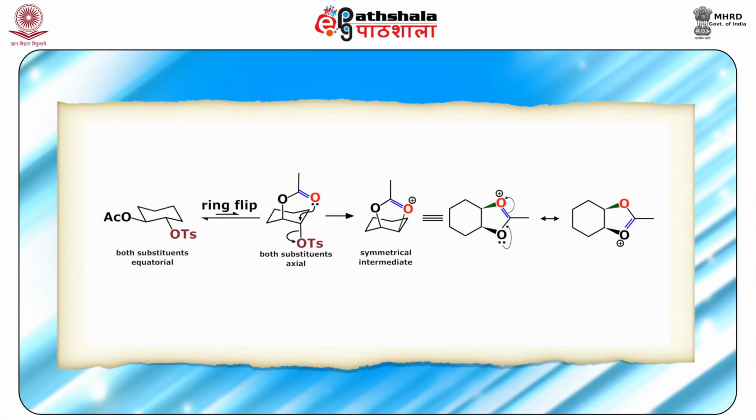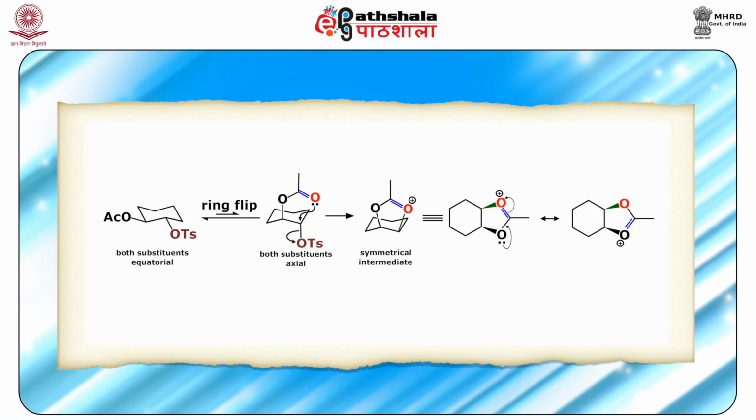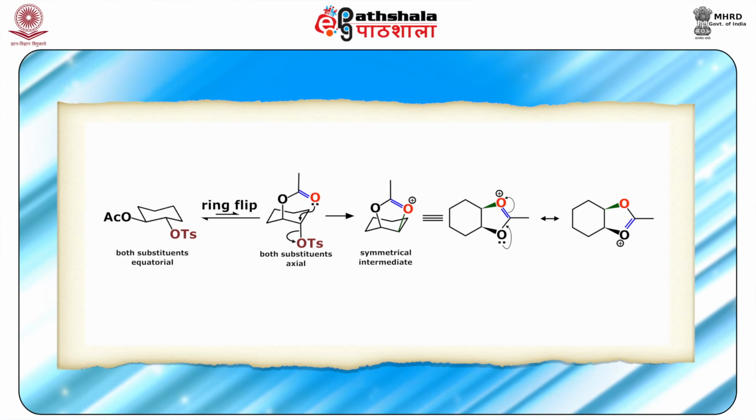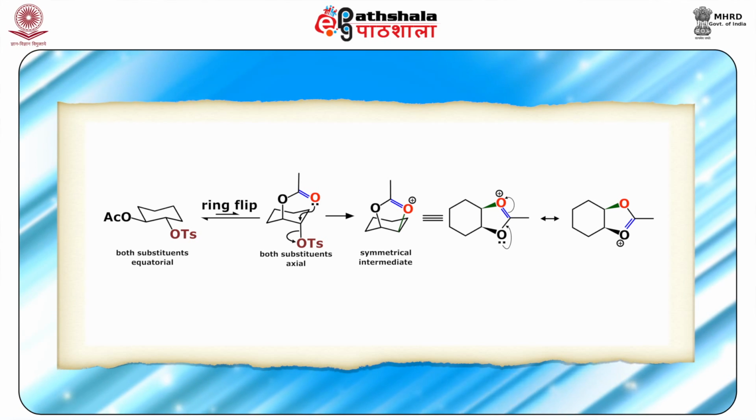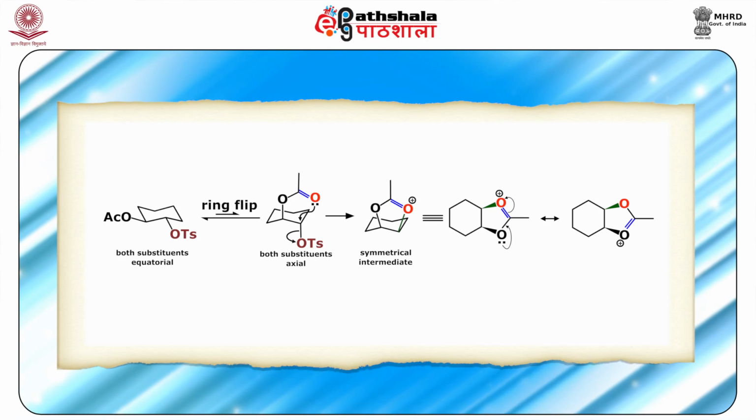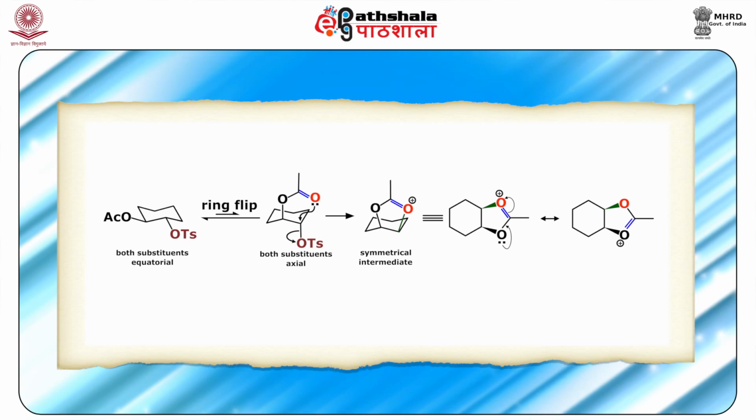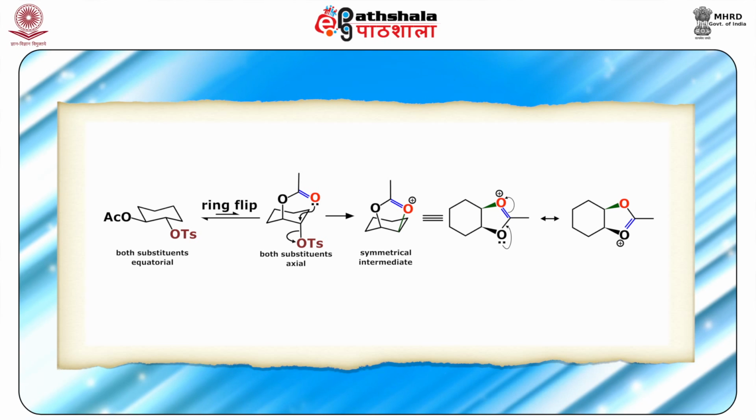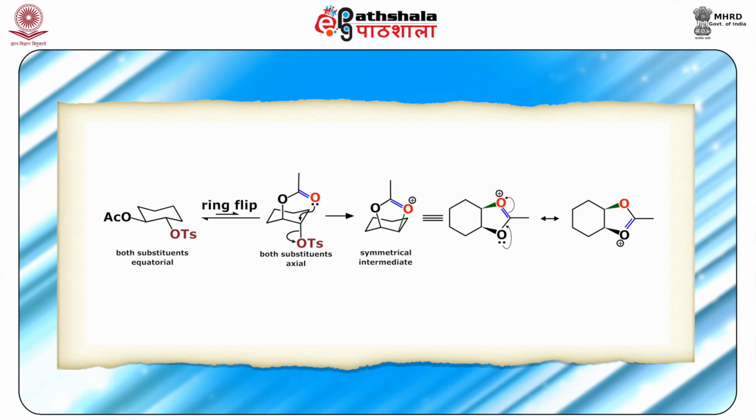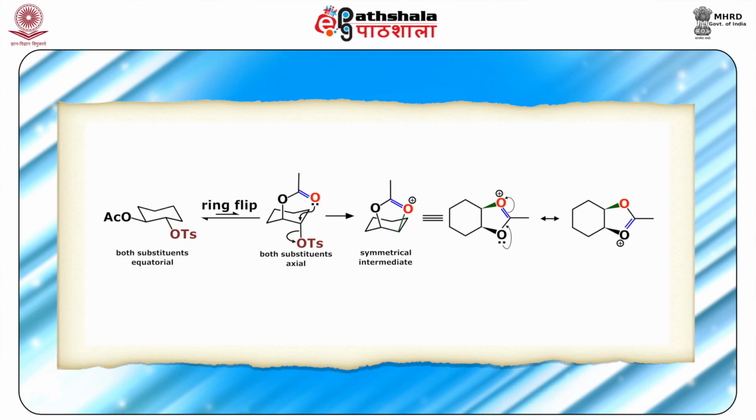So, let us try to see its mechanism. The mechanism involves participation of the acetyl group in the expulsion of the tosyl group, as we can see here. Shown here is first the conformation of this cyclic molecule where both the substituents OAc and OTs are equatorial, and due to ring flipping both will come to the axial position, and you can see this OCOCH3